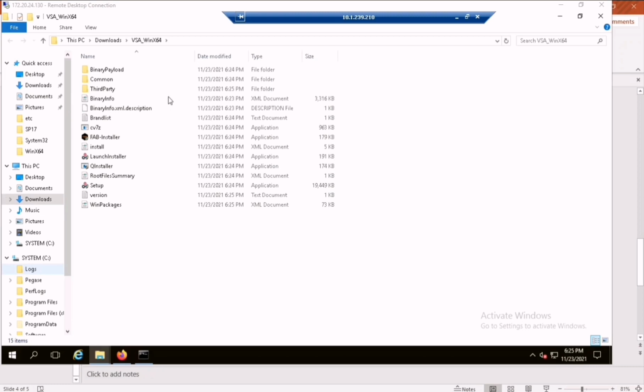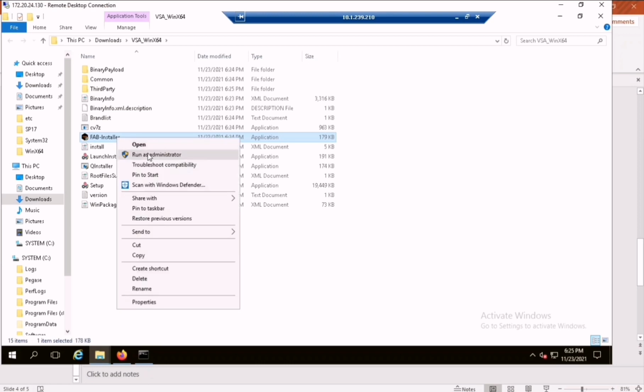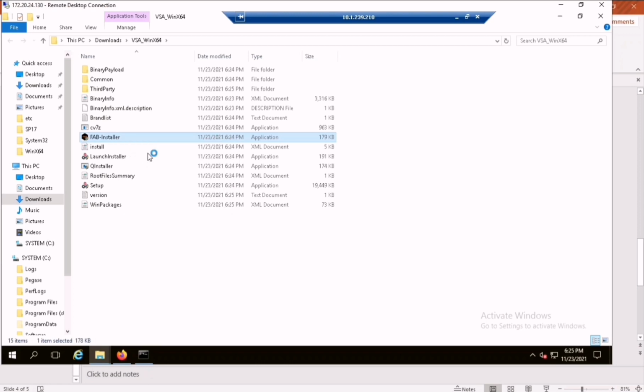Now the package is extracted and you can see a fab installer within the package. You need to right click on the fab installer and run as an administrator.